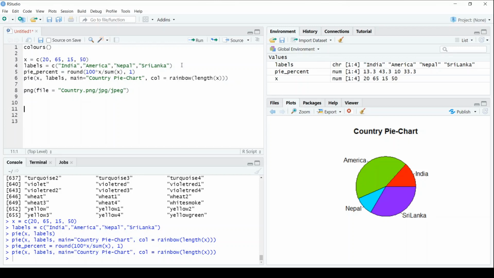Then we'll create a legend also here. Legend will display the information for the 4 sections of this entire chart. That means we need to give an information box over here. We can go for top left, top right, and bottom left. So there are 4 different positions. Right now we'll go for top right.